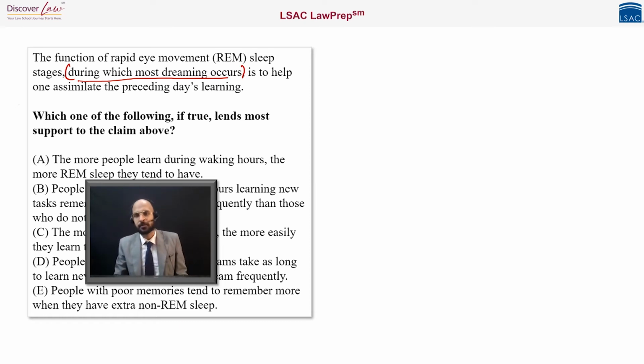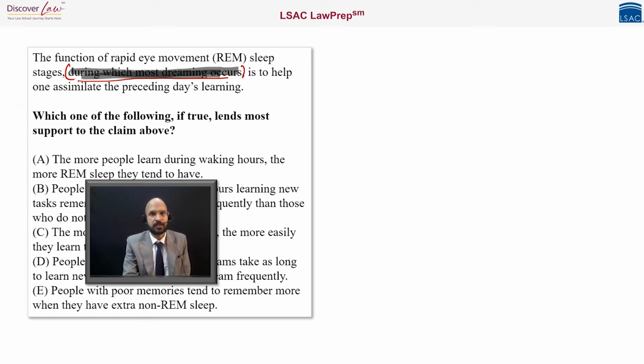Let me give you an example. Let's say I tell you that the function of teeth is to chew food. The function of the teeth is to chew food. And then I say the function of the teeth, which are of four types, is to chew food. Now, I would have put 'which are of four types' within commas, right? Within commas, that is a qualifier. You can understand the essence of the sentence by first omitting these qualifiers,